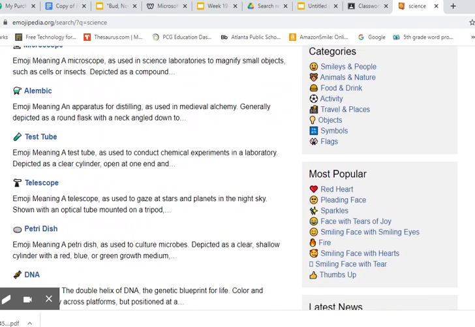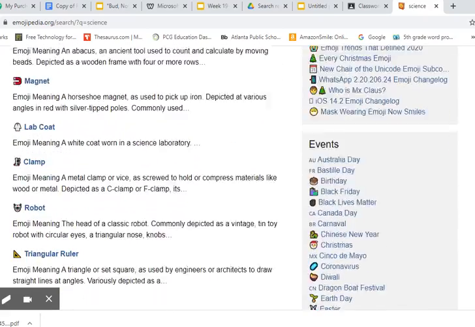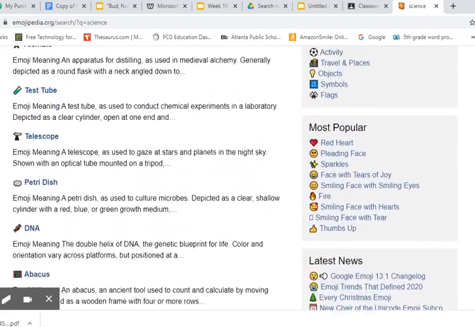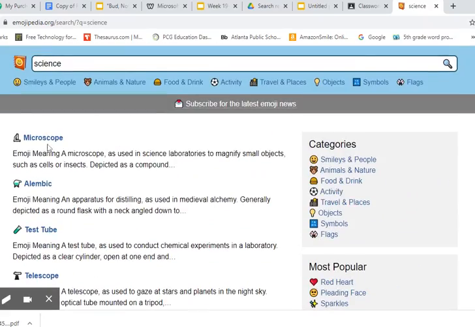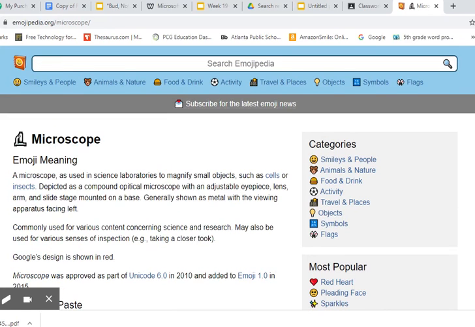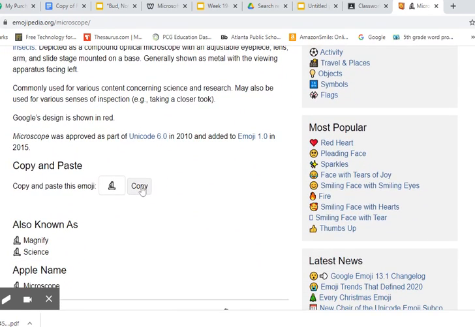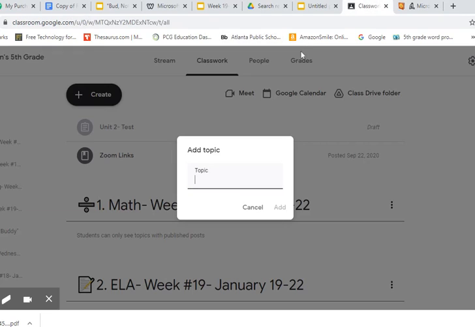It's going to give me all the science emojis that they have in their Emojipedia. I'm going to use the microscope for our science. So I click on it and then click copy. It's going to copy the emoji for me. And then all I have to do is go into my topic, right click my mouse and click paste,